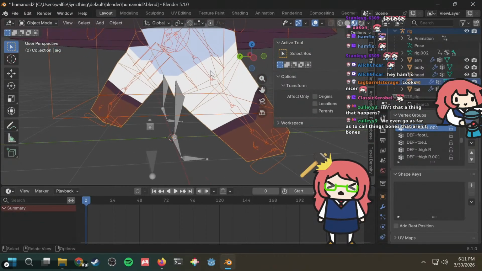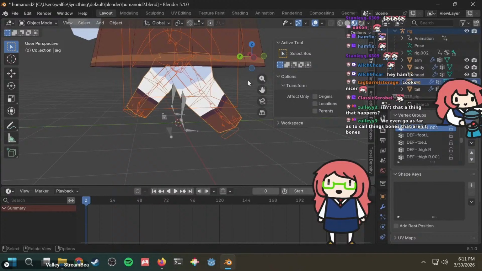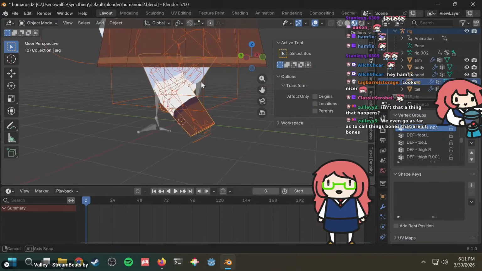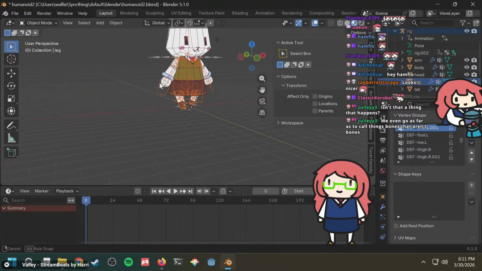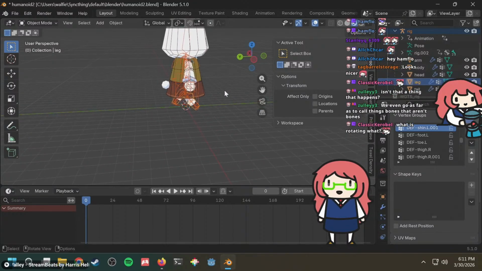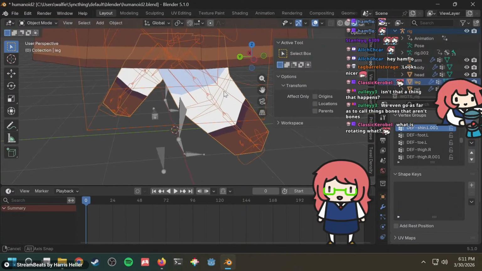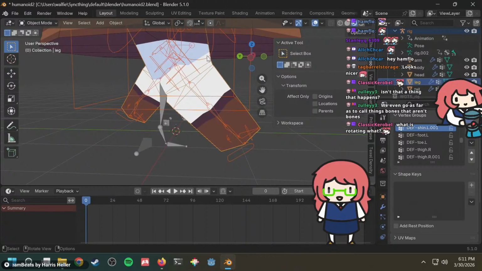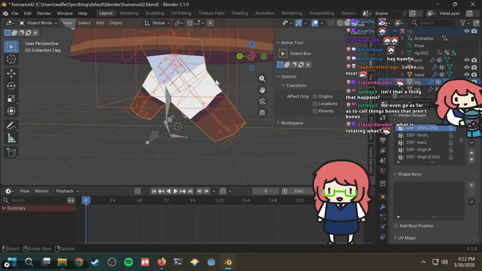We even go as far as to call things bones that aren't bones. Yeah, like these. These aren't bones. These are nothing like bones. Literally makes no sense. What is rotating what? I don't know. Like why is this leg going like this, when it should be going straight, or perhaps slightly bent the other way.